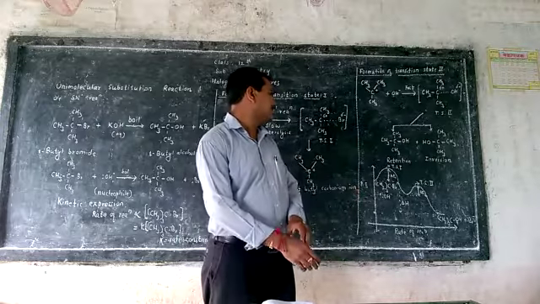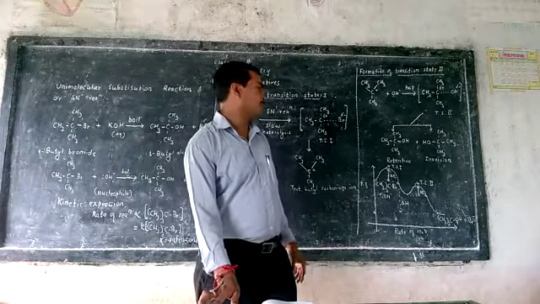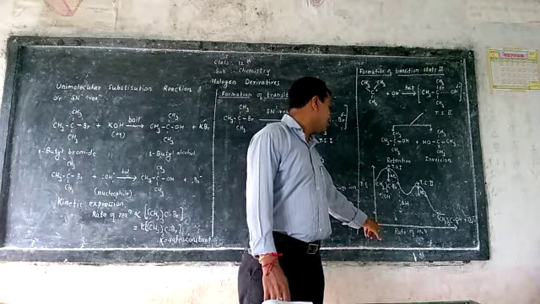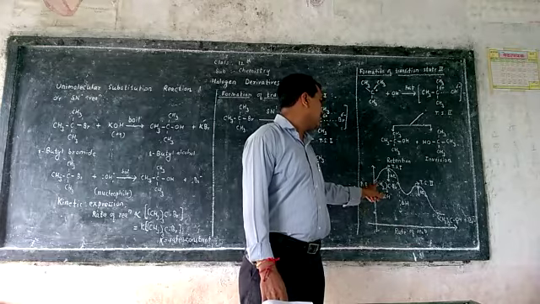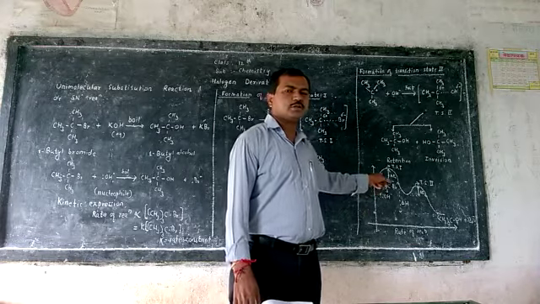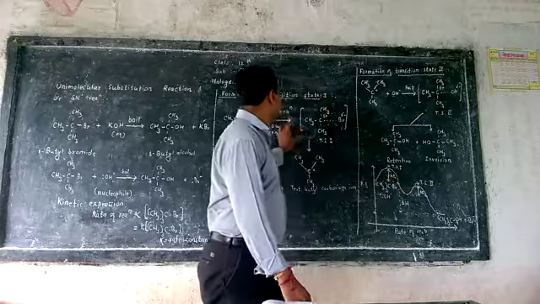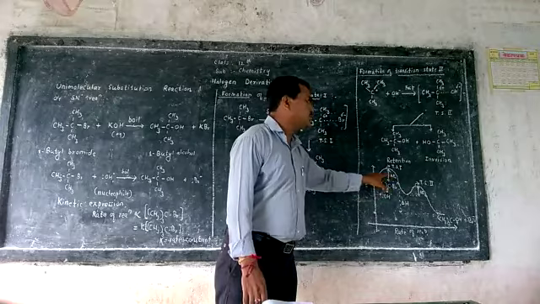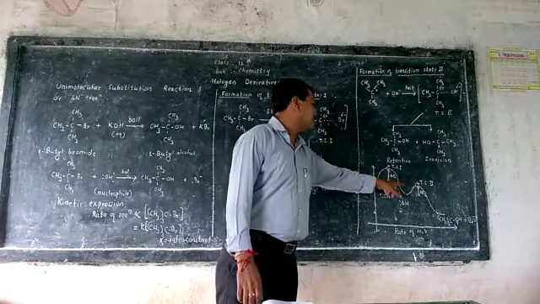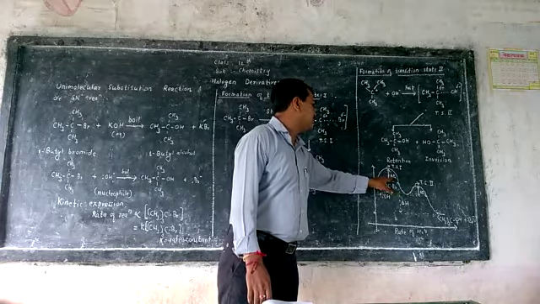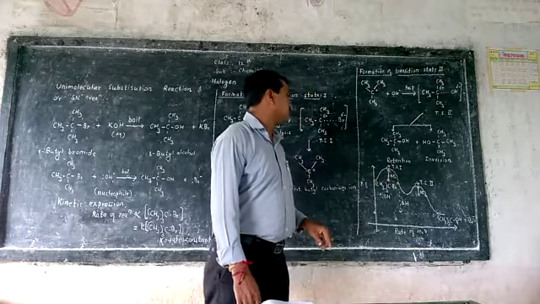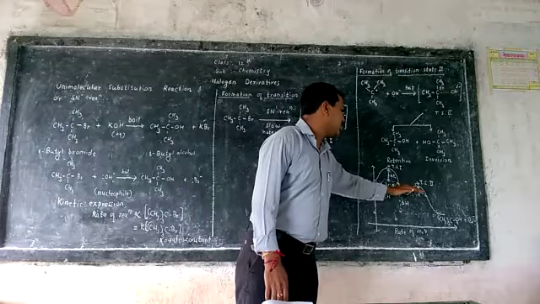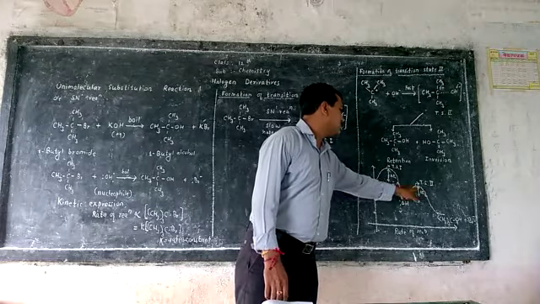And the last step is the energy profile diagram. The energy profile diagram is the graph between progress of reaction and potential energy. Here two transition states are shown. This first transition state is like this. This energy of activation is greater than in transition state 1, and the energy of activation for the second is a little smaller than the first, which is given.